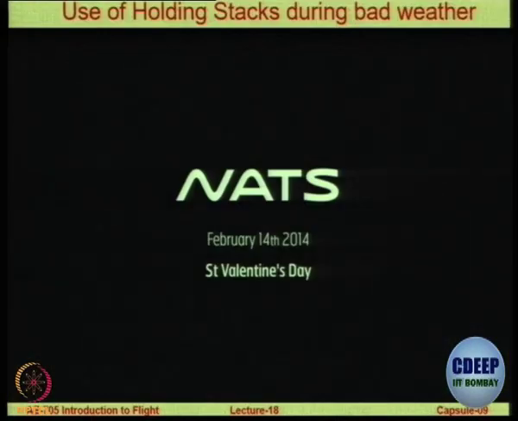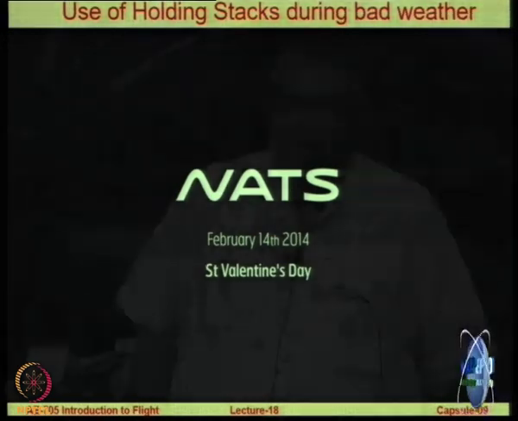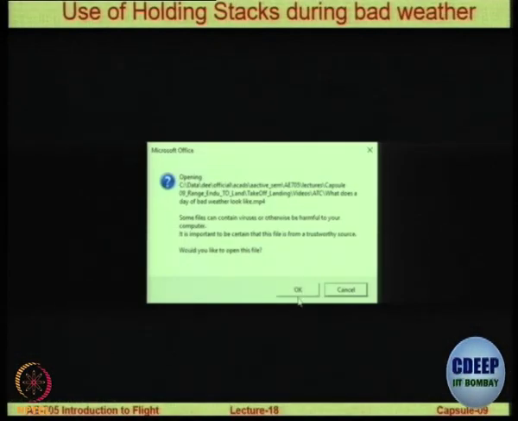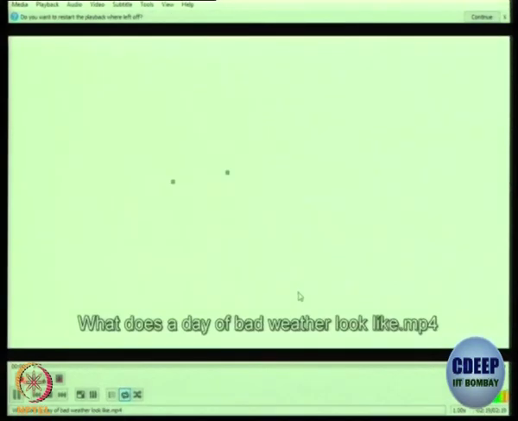Let me show you a very good example of a simulation. On one particular day, okay, lots of people were traveling to meet lots of their friends, etc. It's Valentine's Day, and that caused a massive demand for travel, and coupled to that, February in the UK can be very bad weather. So you see what happened on that particular day around 3 years ago, and you see the effect of that on the flight.